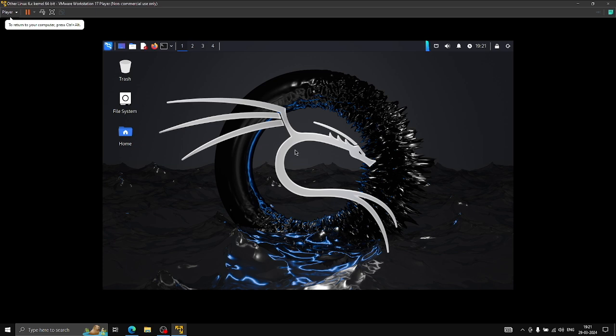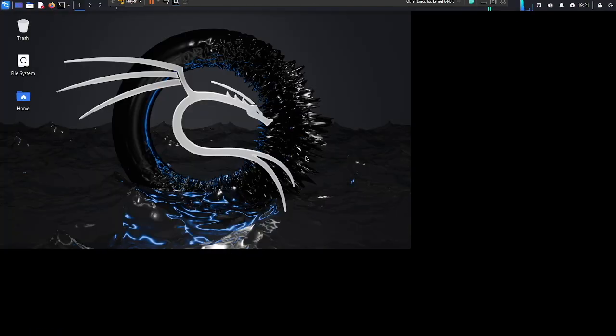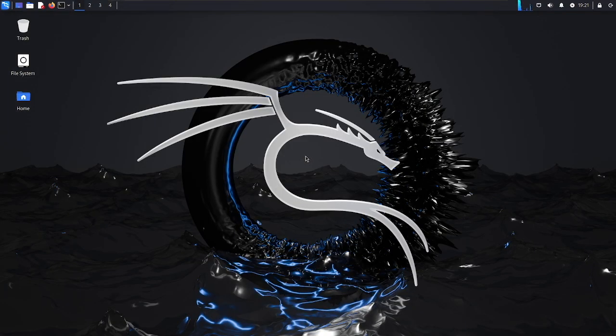Okay, so here's the first screen you can see of the Kali Linux. Let me expand it. From this option you can enter the full screen mode, and here you can see I have entered the full screen mode of Kali Linux, and this is the first look. It looks like the other Linux I have used, like Ubuntu,